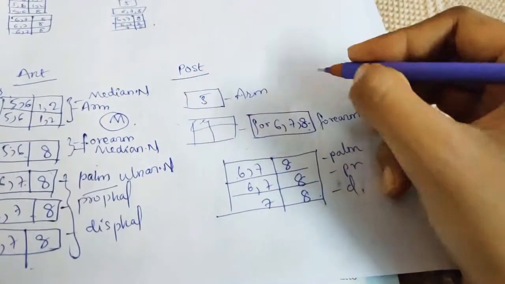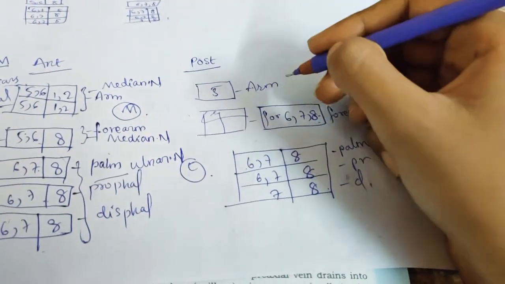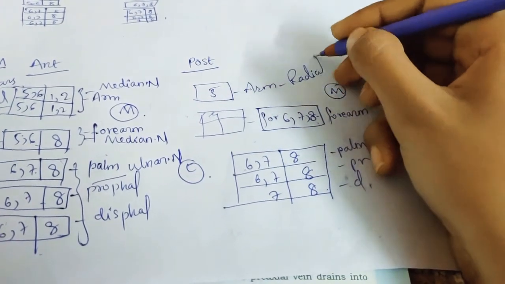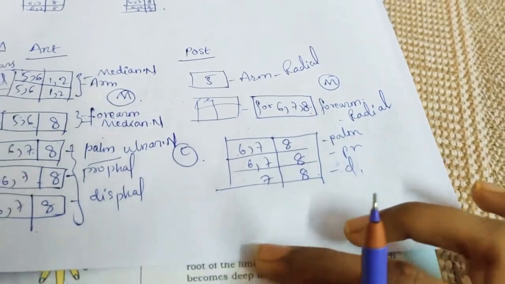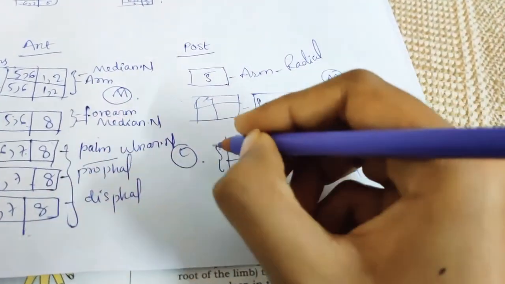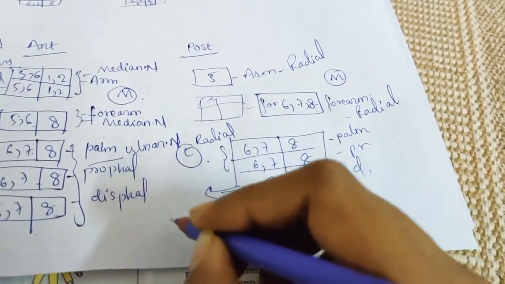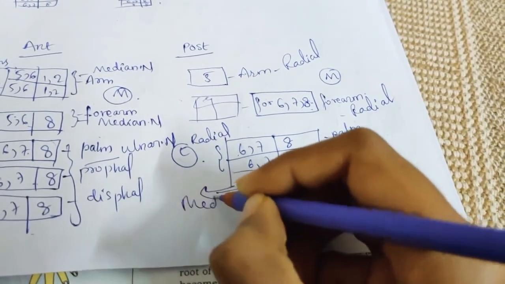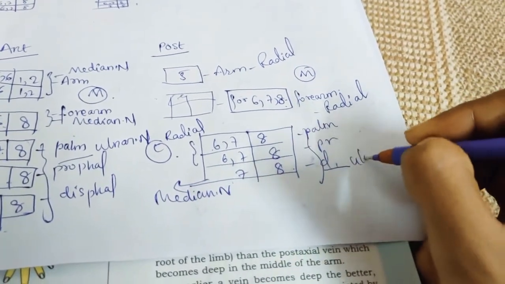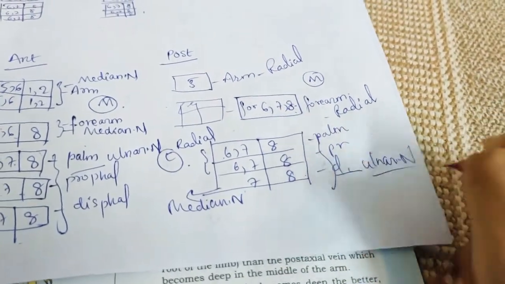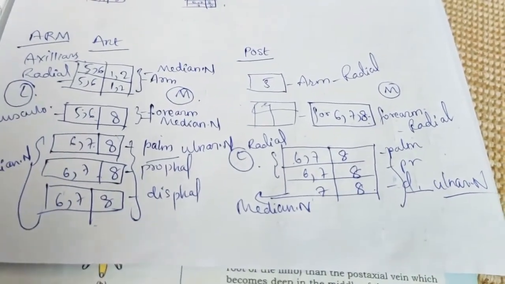So now we'll see. This is again the medial side, right? This is the lateral side. So the arm on the posterior side is mostly supplied by what? Radial nerve. So the forearm also radial nerve, right? Even on the lateral side, also by the radial nerve on the posterior side, but only this one is supplied by the median nerve, and of course the medial side by the ulnar nerve. So like this you can make this box and easily remember all the root values.